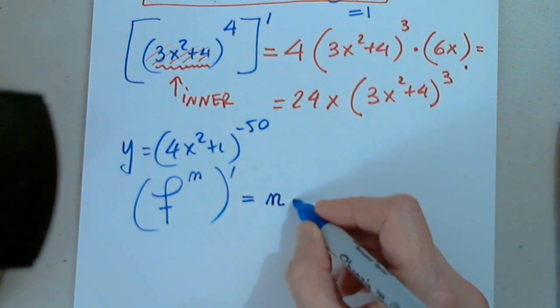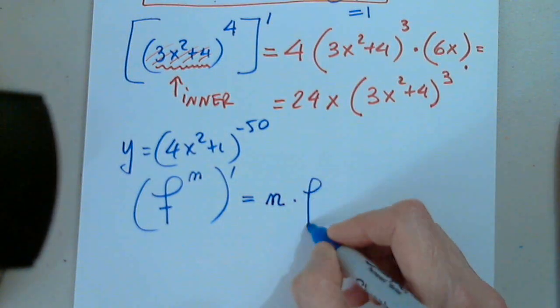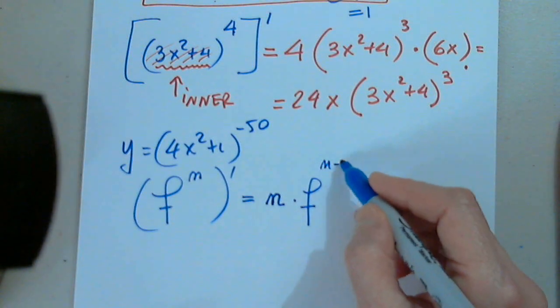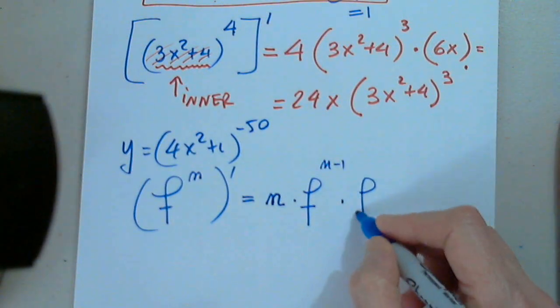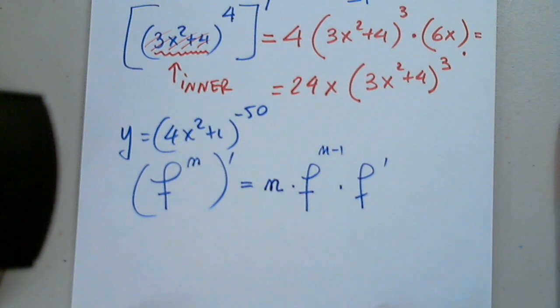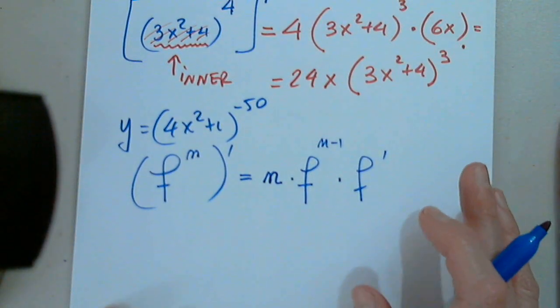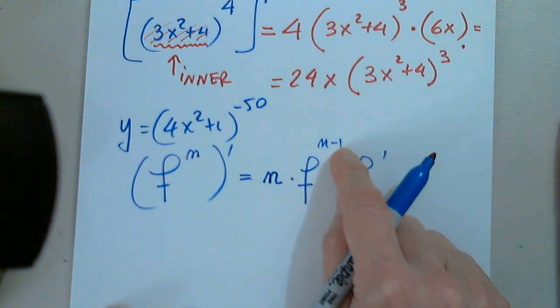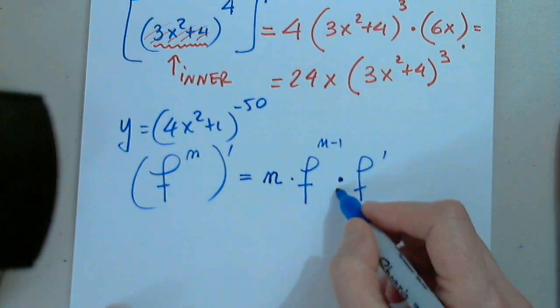N times f, and then n minus 1 times f prime. That's it. So please always say what I say. N times f to n minus 1 times